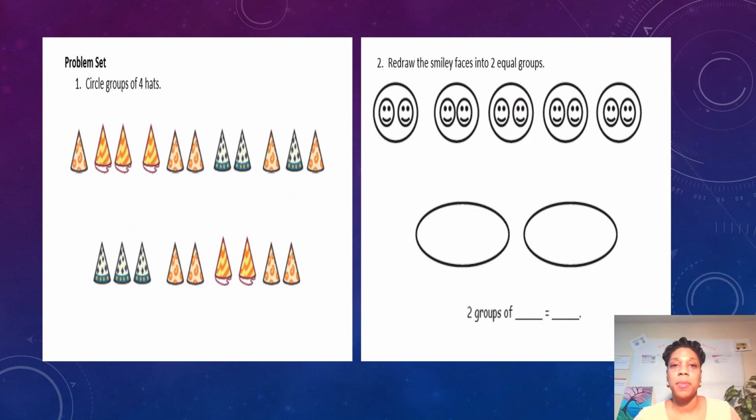Now for the problem set, I want you to try that on your own. You will be working with problem number 1. You will circle groups of 4 hats. And problem number 2, you have to redraw the smiley faces into 2 groups. See what you get, and talk to you next